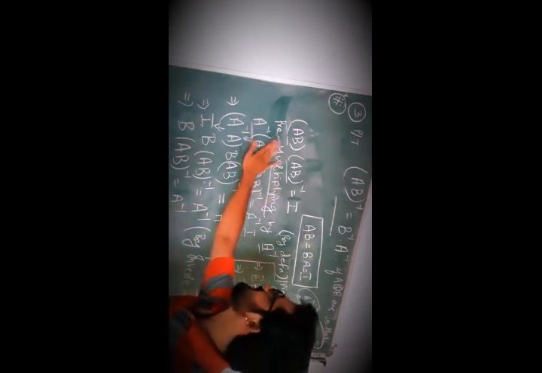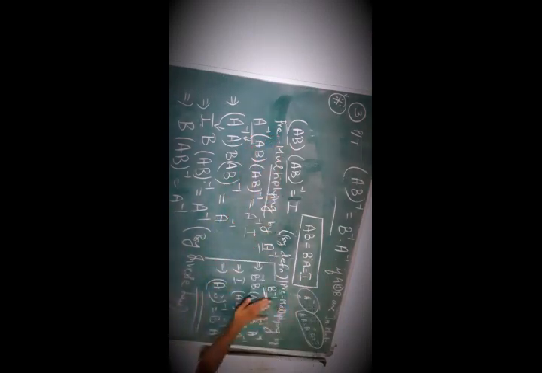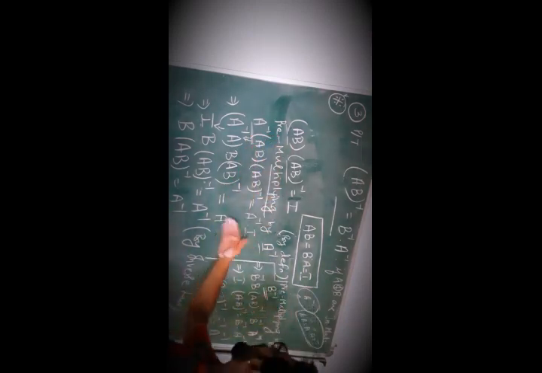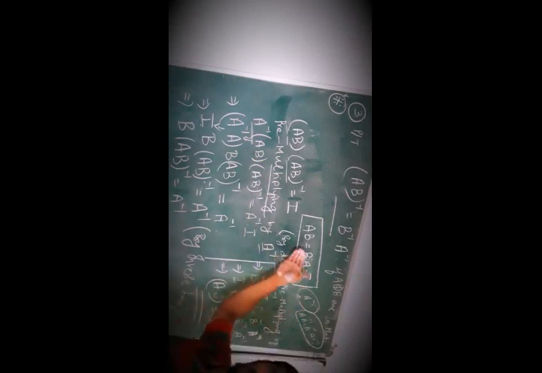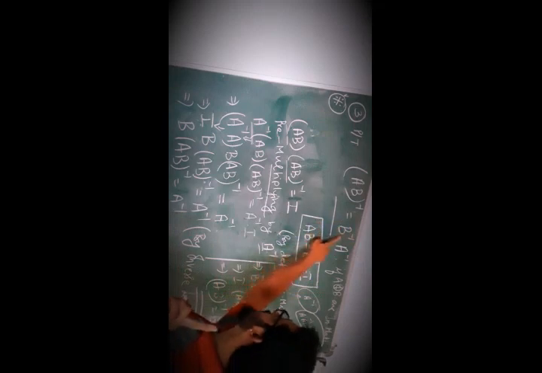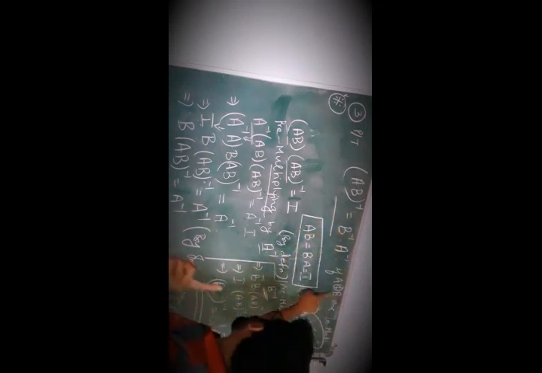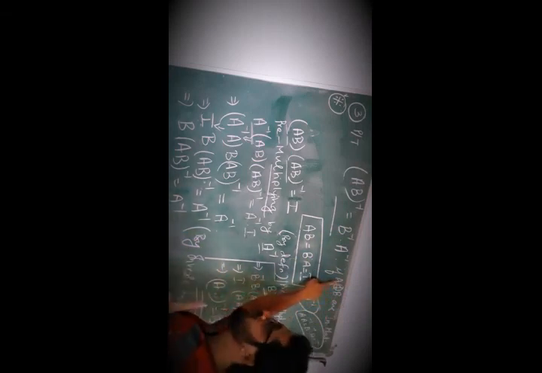Is it clear? Wherever we are substituting, pre-multiplying by A inverse, pre-multiplying by B inverse. By the properties of inverse law and definition of invertible matrix, we are proving this theorem. AB the whole inverse is equal to B inverse A inverse. Very important proof, for any square matrix, or for any invertible matrix A and B. For any invertible matrix A and B, prove that AB the whole inverse is equal to B inverse A inverse.